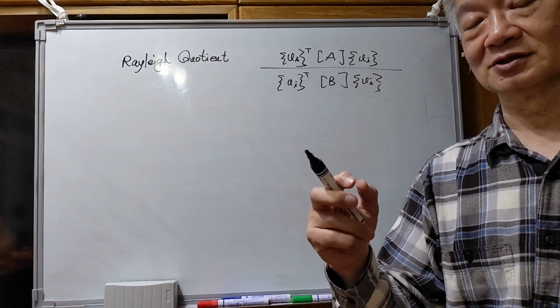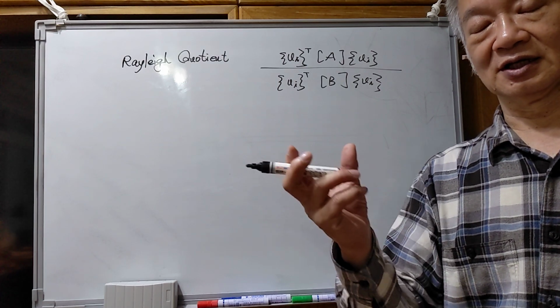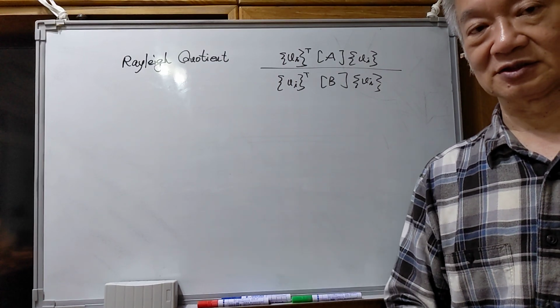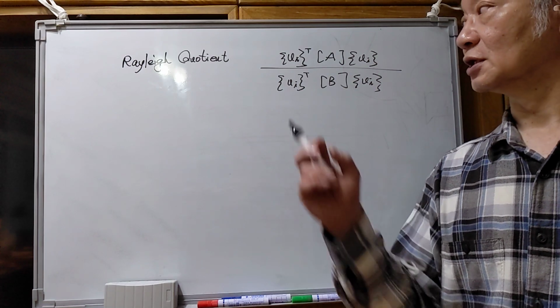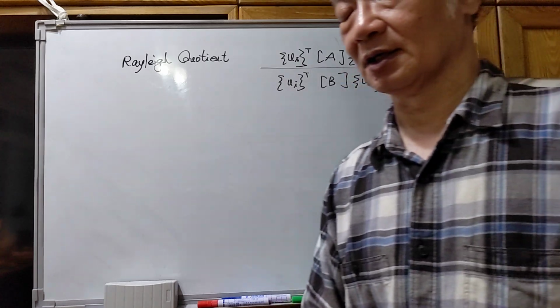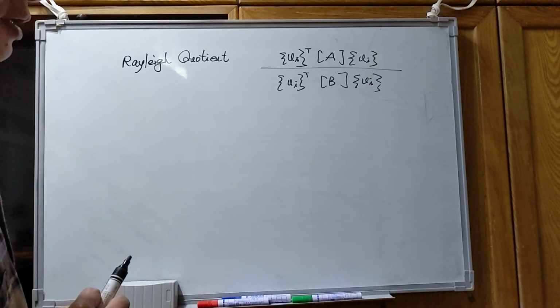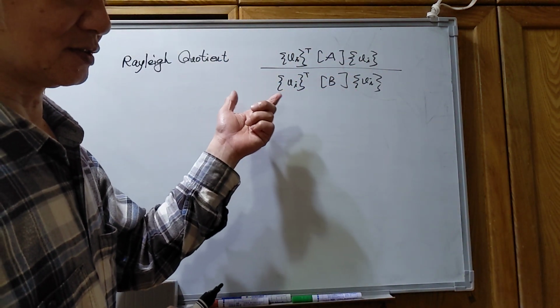So the Ui is obtained from the Ui minus one, and the Ui minus one is the vector in the previous iteration, and if we calculate this one, it is actually a scalar,